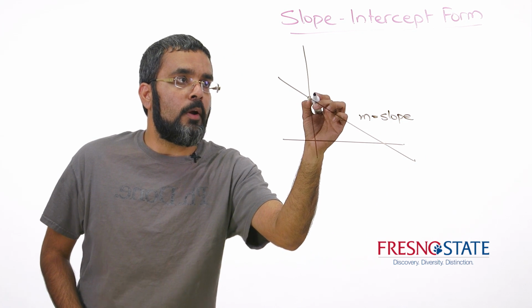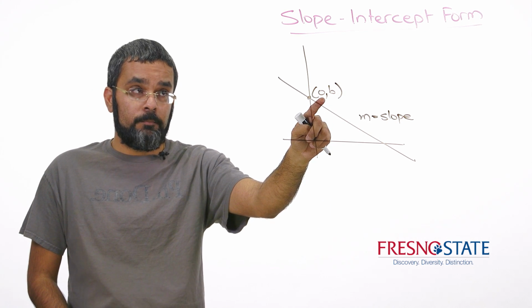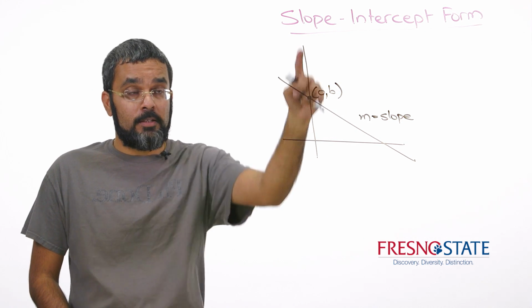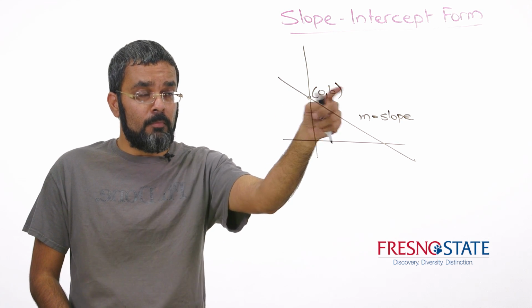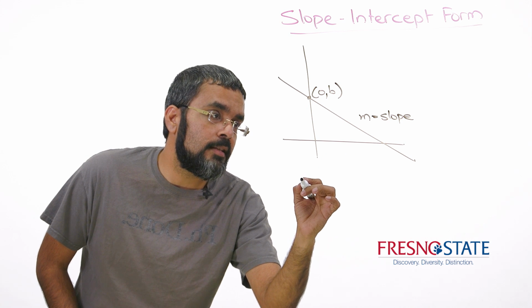and say it passed through the point (0, b). And we know that if the x-coordinate is 0, then that point has to be a y-intercept because that lies on the y-axis. So if I have that, I can use my point-slope equation and I can say that,